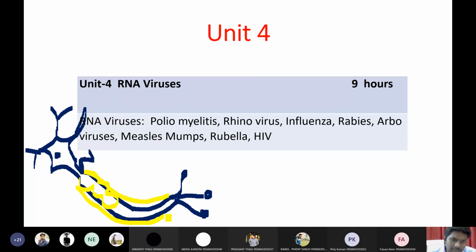And who is producing this myelin sheath? It is produced by Schwann cells. This we already studied in the first year, in physiology, when we studied the structure of a neuron. Now, in polio infection, the polio virus will destroy the myelin sheath of the neuron. If the myelin sheath is destroyed, the corresponding neuron's electrical activity will be short circuited and the neurons will get damaged. Neuron damage happens because of destruction of this myelin sheath.